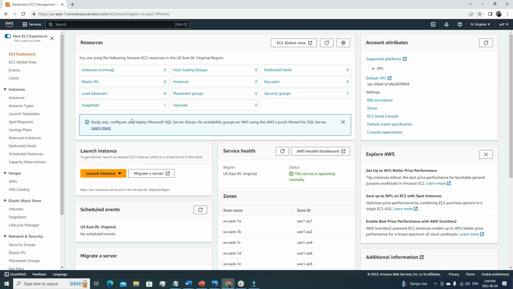I have already logged into my AWS personal account, and from there we have to search for